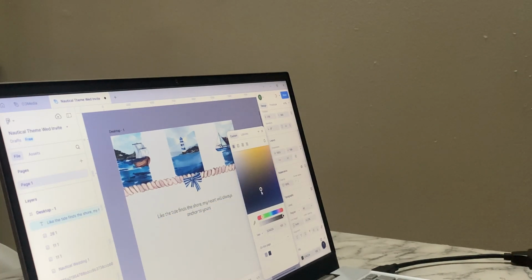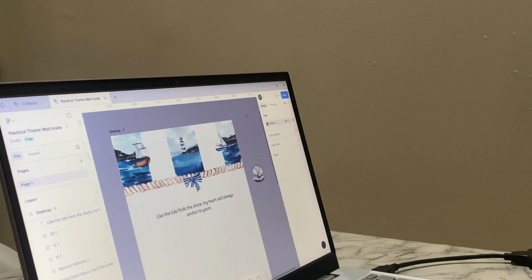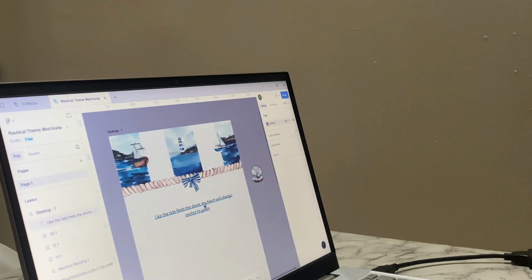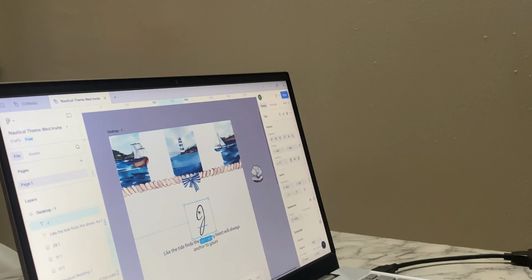So now I removed the helm and added a rope. I feel like my thoughts were just saying I had to include all the elements that I got from Envato that had the nautical theme. So I was saying, I have to use the rope, because that's a part of the whole theme, and I have to use the ribbon. That's the mindset I had, and so it felt forced.